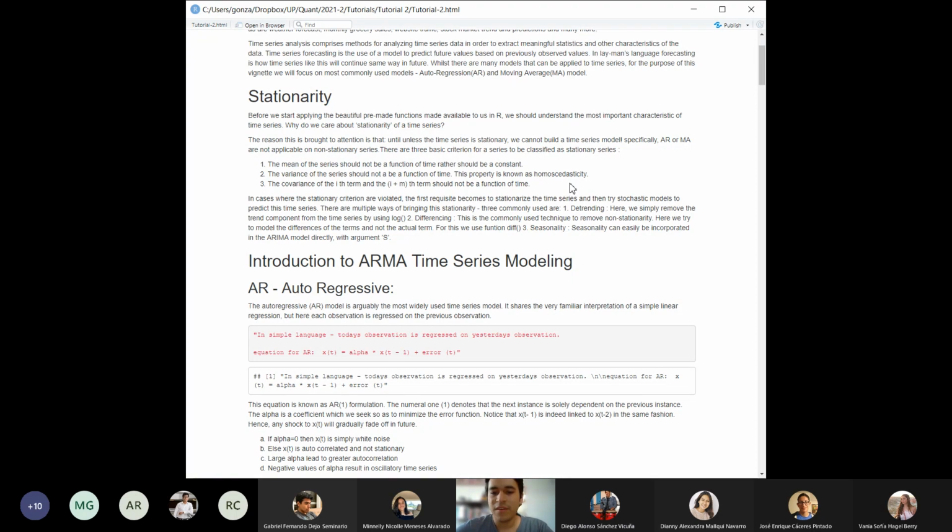And lastly, it's seasonality. Seasonality can easily be incorporated into an ARMA model with the argument, and we're going to talk later about the arguments, but seasonality is basically, think of sales. Sales have cycles, okay? Usually, of course, it depends on the industry, right? But think of, I don't know, toys, okay? Toy sales. On toy sales, you probably have some spikes around,